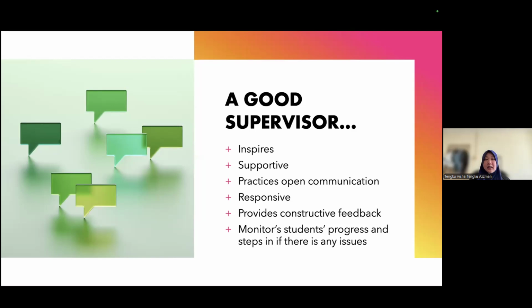Drafts should be checked and rechecked at least 2 or 3 times if you can. And I find Google Docs very useful, because we are working on the same document, and you can straight away comment on it, and you have to monitor the students' progress and step in if there are any issues. So again, FYP is a mentorship relationship. So you get to know them as people, you get to know what their working styles are like. You need to understand what motivates them. This is something that we need to do as a good supervisor.